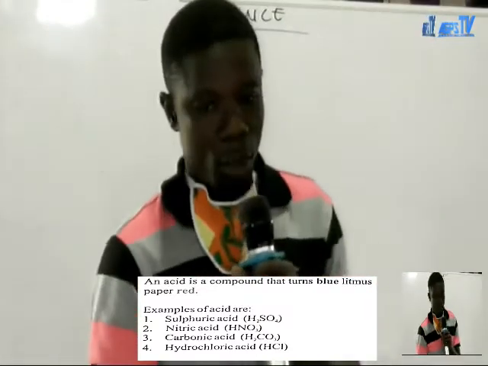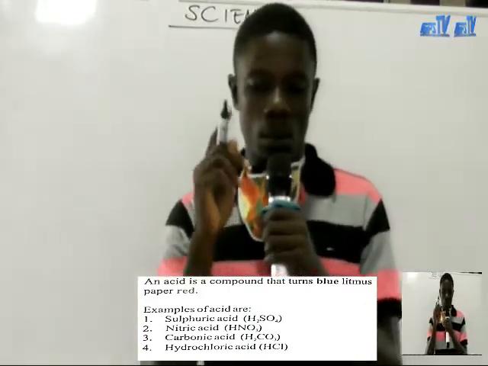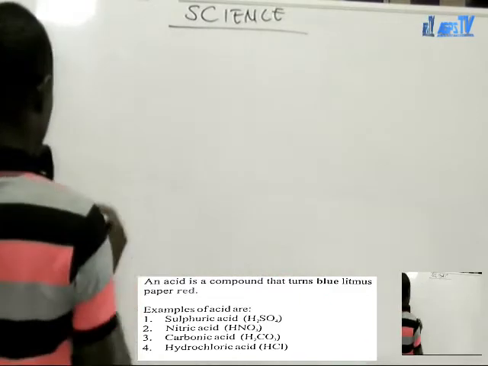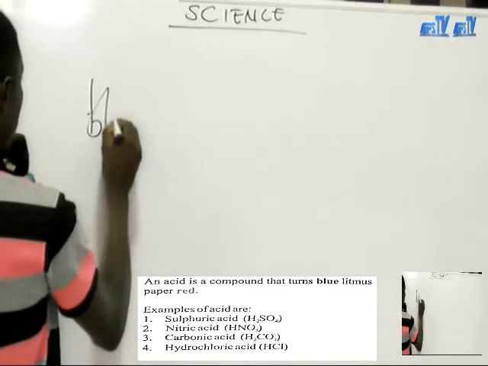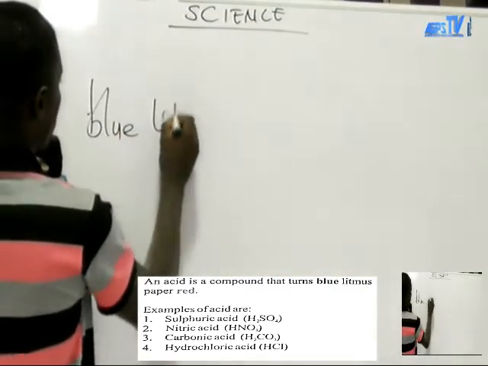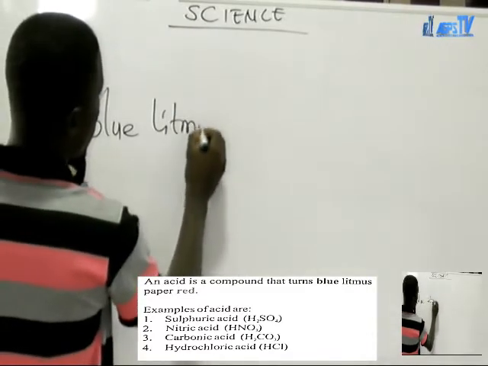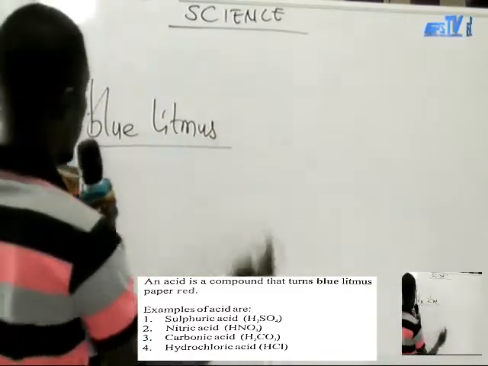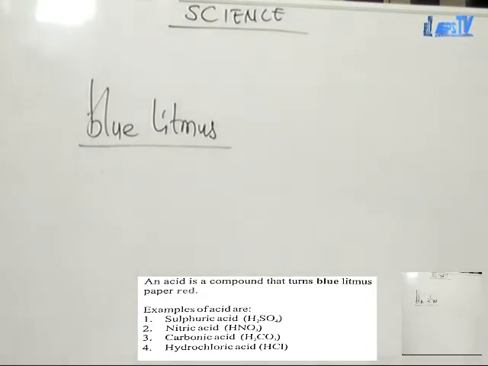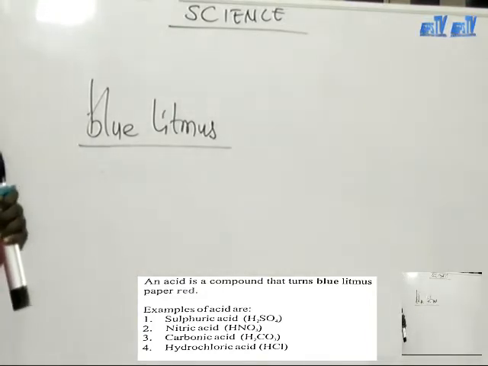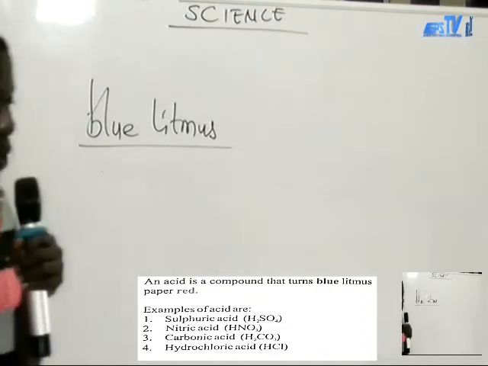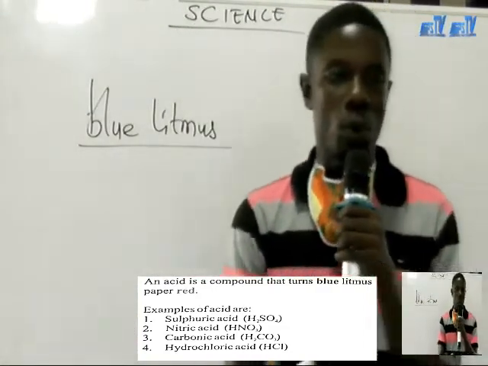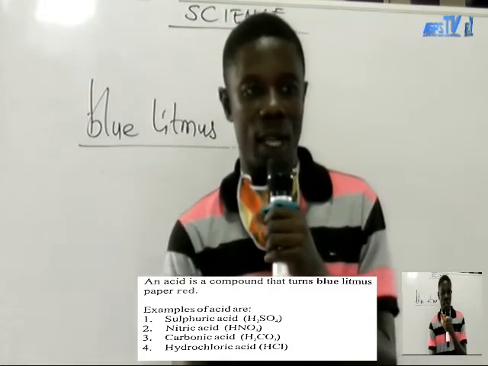We have a keyword, blue litmus paper. So if a substance turns blue litmus paper red, it means that substance is